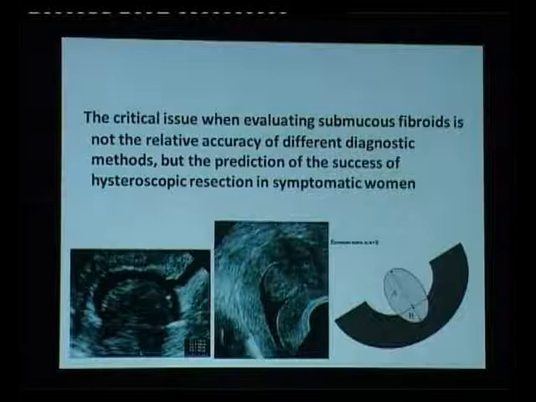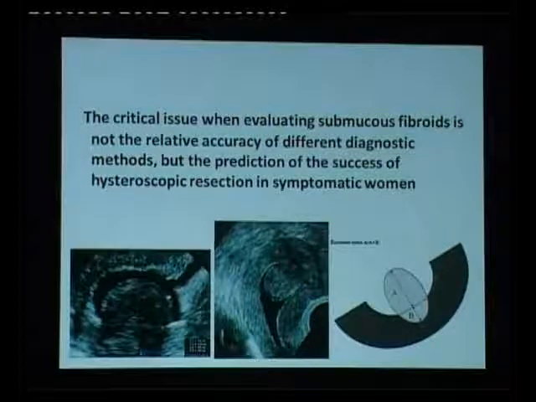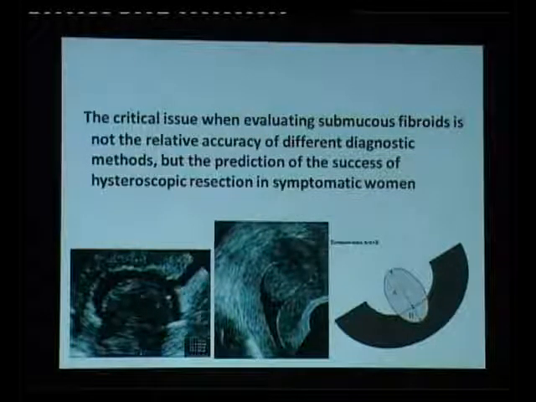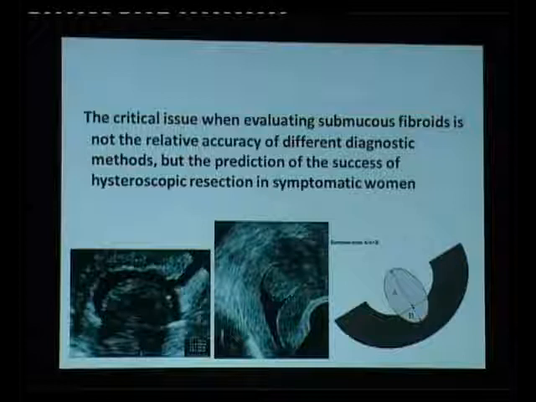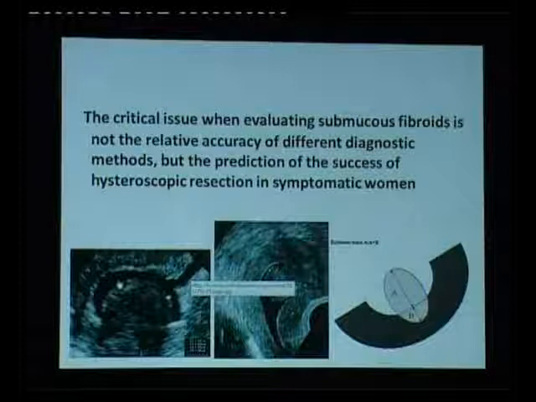And also how much is it in the cavity and how much is it in the myometrium, because if you are really planning a hysteroscopic surgery, that is of importance to you, and whether it is a fibroid polyp or how thick is the pedicle. So a very small procedure where you can put in a small amount of saline in the uterine cavity, and